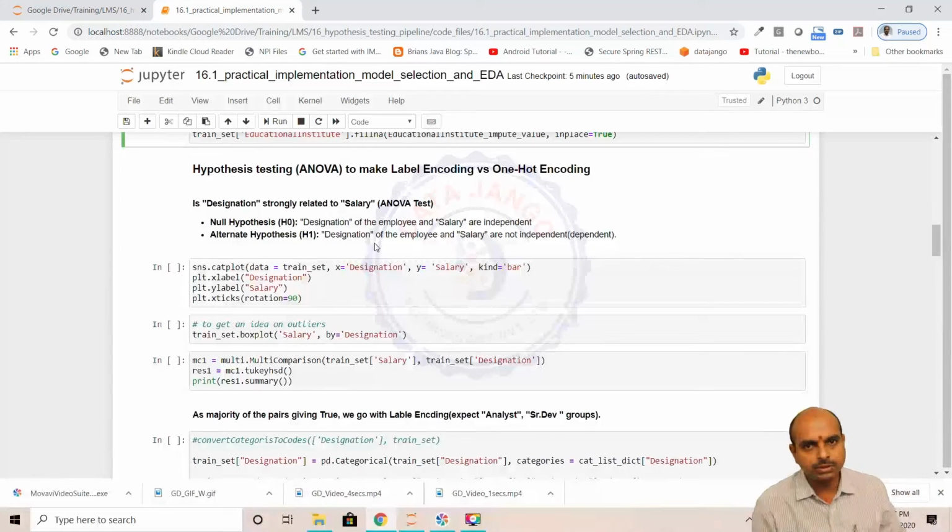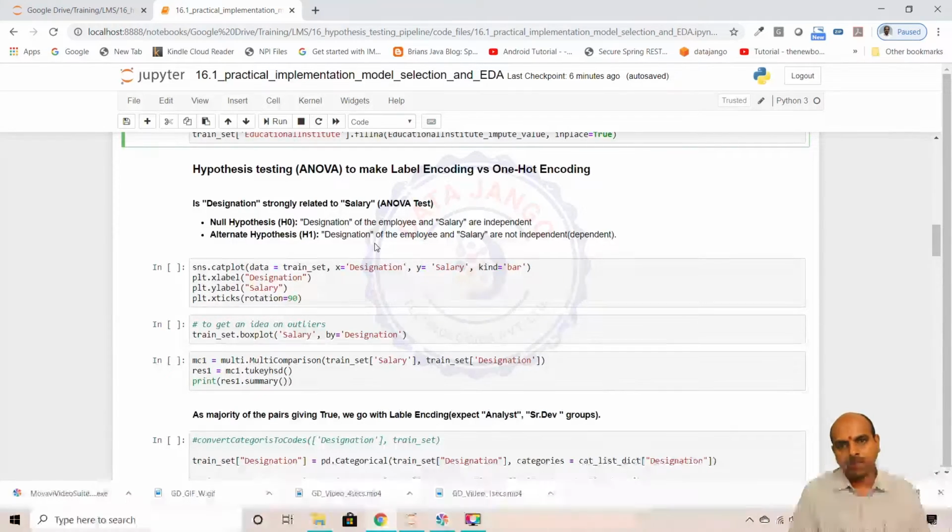If the p-value is less than 0.05, we reject the null hypothesis and say that the designation and salary are strongly related. If the p-value is greater than 0.05, we accept the null hypothesis. The designation is not related to salary and we remove the column. Okay. So here,